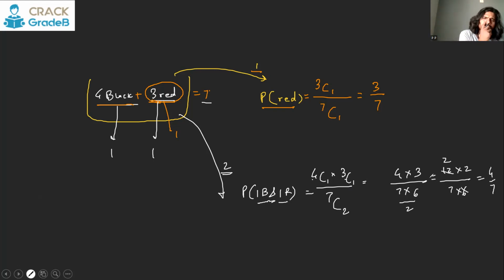And at max, in recent years, it has been observed that in exams like SBI PO, sometimes the question can be about selection of bags. So sometimes the question is, there are 2 bags. First bag has 5 red and 3 blue balls, and second bag has 4 red and 4 blue balls. You select first one of the bags, and then you select a ball. First you select a bag out of these 2, and then you select a ball. What is the probability that the ball is a blue ball?